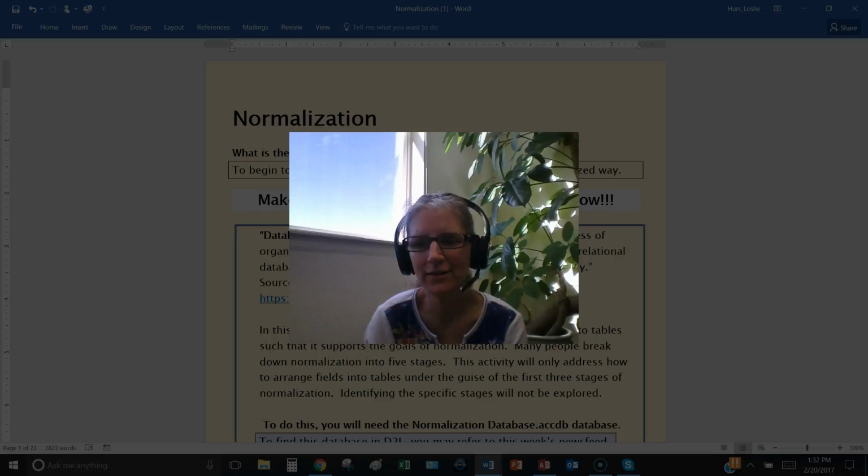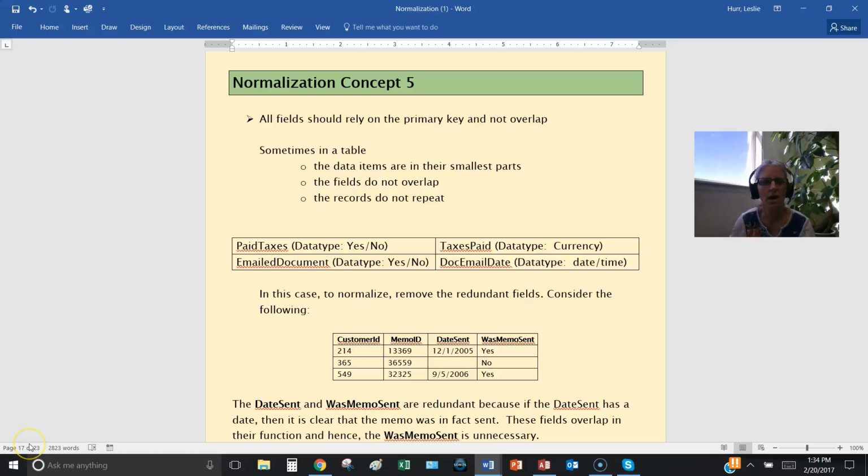And then I'll go ahead and talk about drop-down lists, and I'll talk about data integrity and how important I think that is. What drop-down lists are, which I'm sure by the name you probably can guess, and then how to create them. So let me go to the first concept, or the last concept of normalization that I'll talk about in this video. Okay, so the last concept of normalization that I want you to understand is the idea